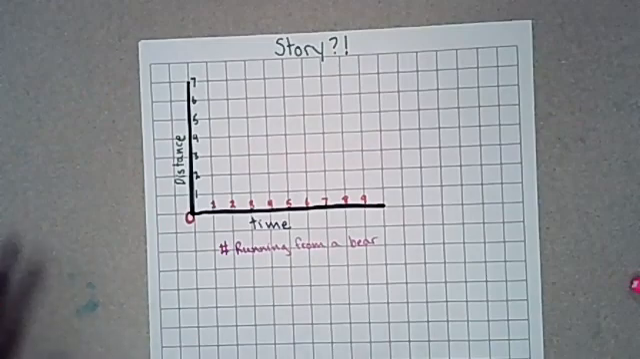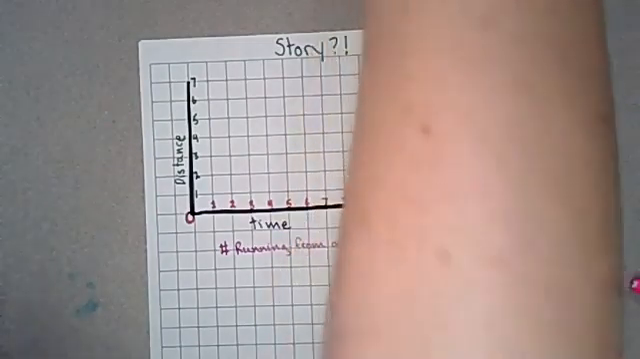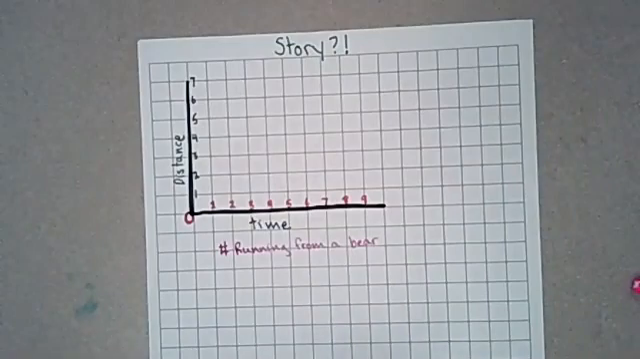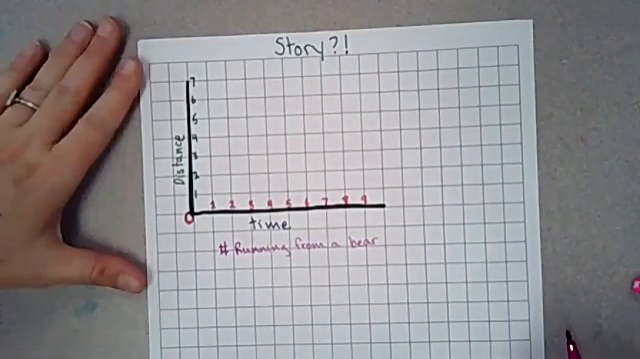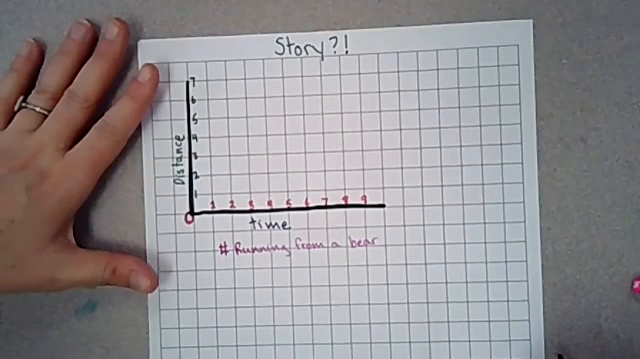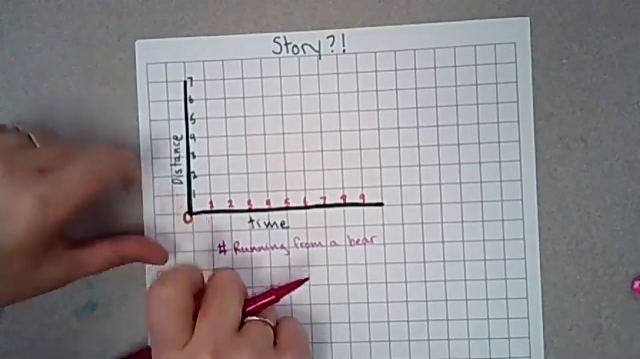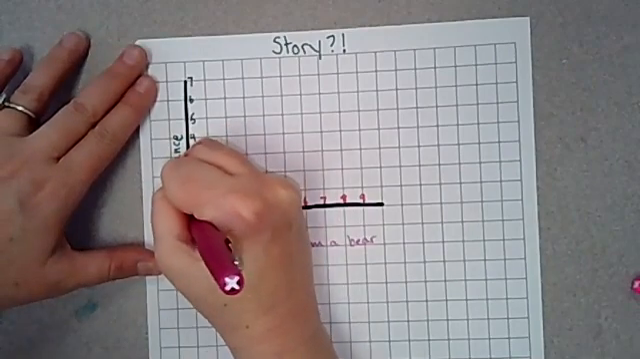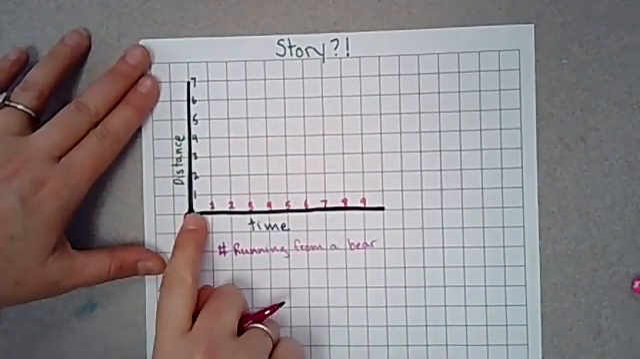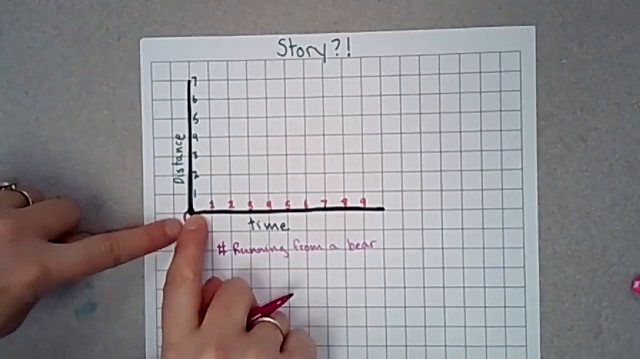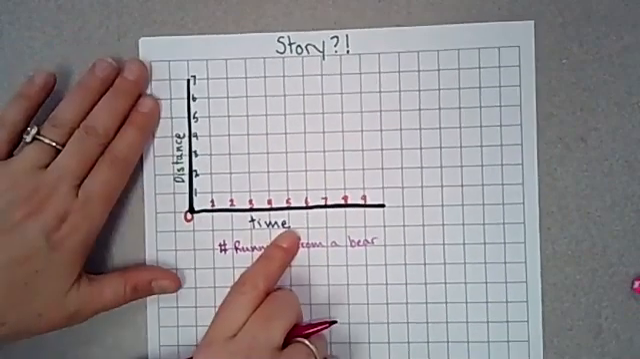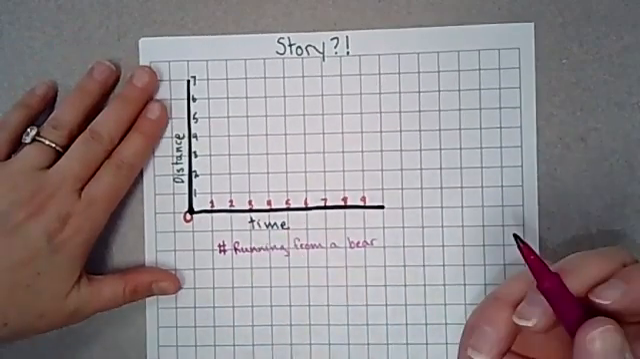All right, so let's just call this Miss Schaefer. This is Miss Schaefer, okay? And Miss Schaefer starts off at 0 seconds and she's gone 0 miles. So here is Miss Schaefer when she starts off. She hasn't gone anywhere and time has not started yet. Okay, so she starts